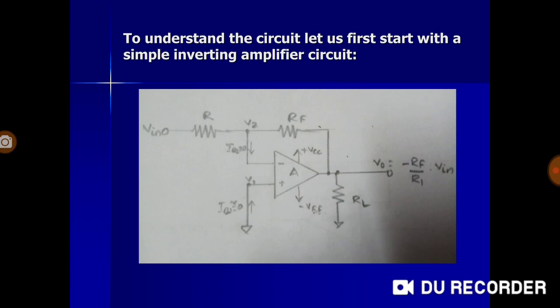Now if you look at this circuit, this is a standard inverting amplifier. Why do we call it inverting amplifier? Because the input signal, the voltage signal, is applied to the inverting input terminal, so we are calling it inverting amplifier. Now here the standard output of an inverting op amp is V0 is equal to minus of RF by R1 times V in. Here RF by R1 is the standard format. R1 means the input resistance and RF is the feedback resistance. So the ratio RF by R1 is negative, because it is the inverting input terminal, and minus of RF by R1 times the input voltage will give the output.